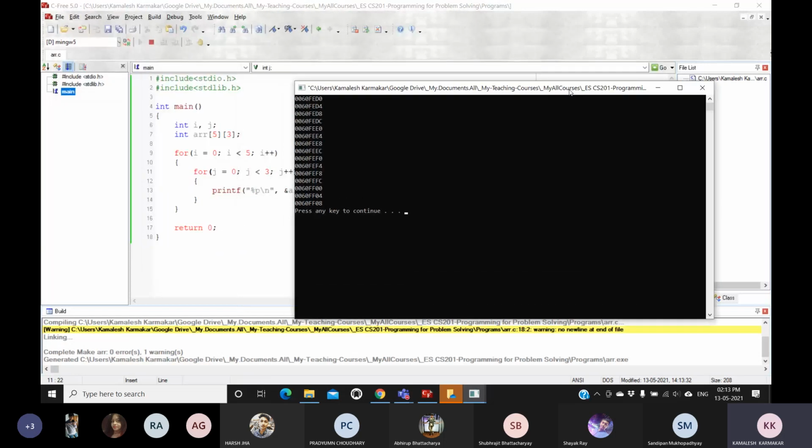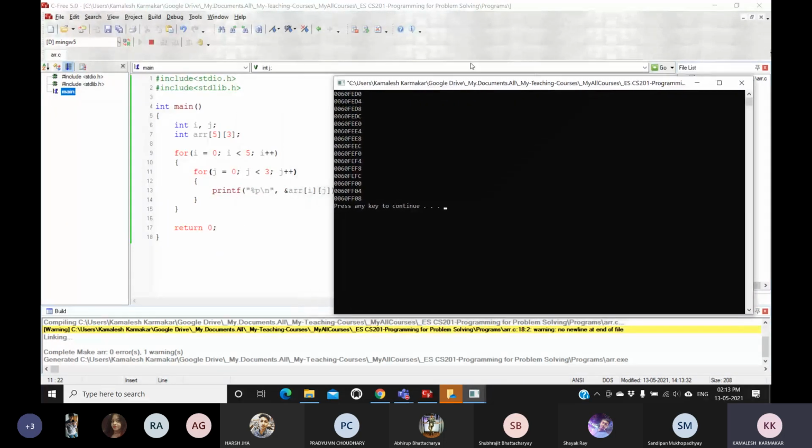Now check. So the addresses of element ARR00, then ARR01, ARR02, then the next ones are ARR10, 11, 12, then ARR20, 21, 22.